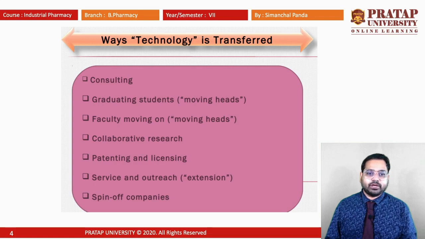We can educate them on a particular basis and we can implement it in the syllabus. They can graduate in those ideas and technology, and that can go for the moving heads. We can go for faculty moving on, like that we can implement the ideas, we can implement the research and development, we can invest funds in different